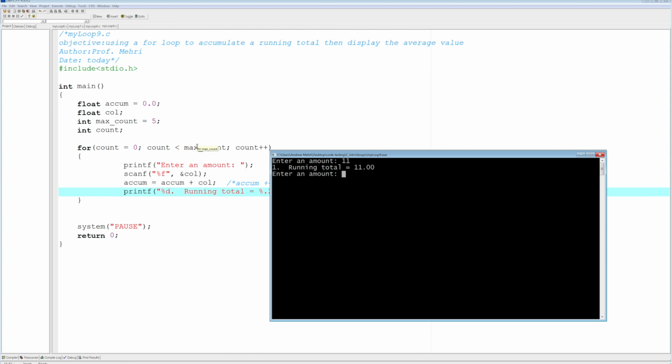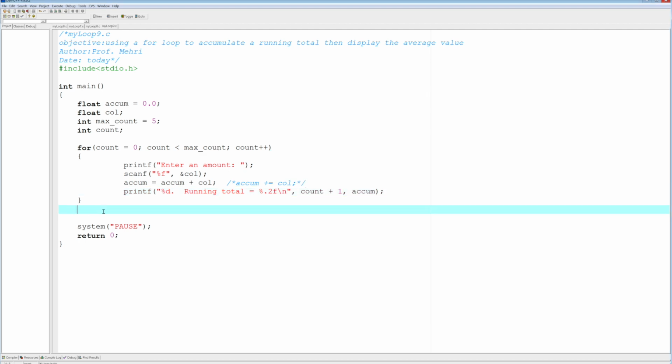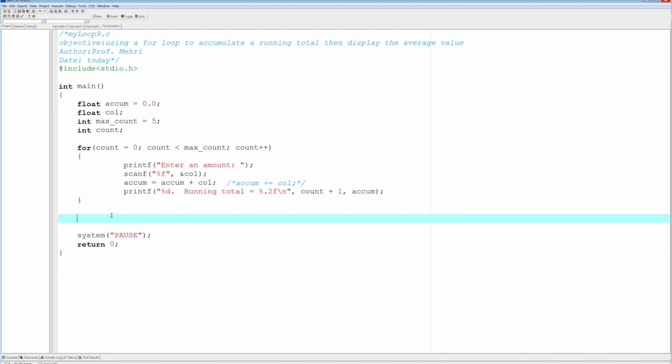So now you're going to get 1, 2, 3, 4, 5, $33. Okay, so that's 44, 22, 0. Let's say $2. Okay, $68 on the 5th house total that you've accumulated. Now, what is my average? So for that, we're going to be outside the loop, and we could do the average right in the printf